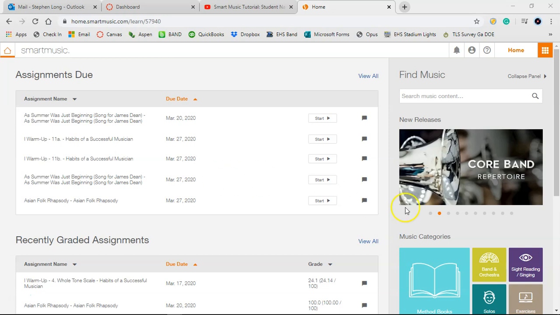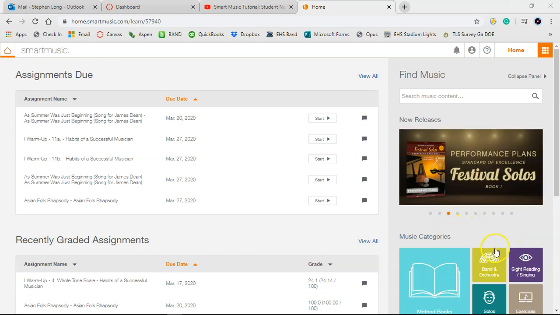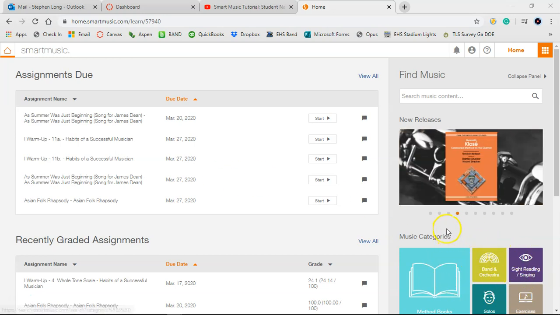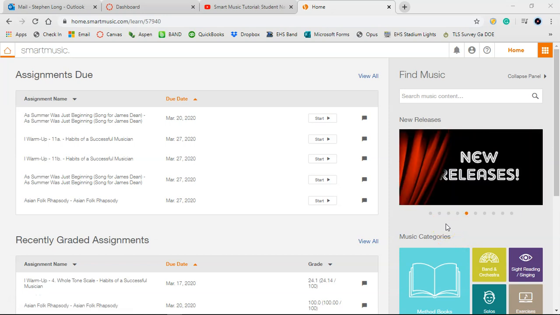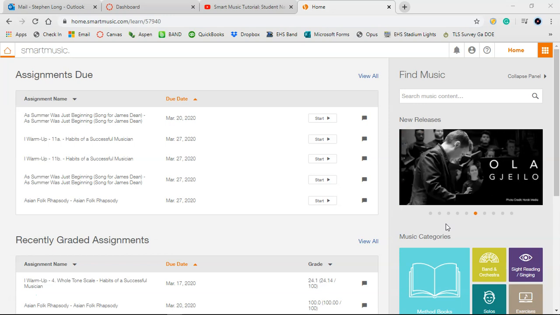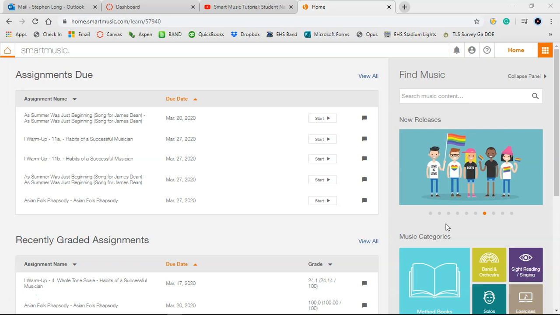The key is, if you're just doing some exploration, in order to get credit for it in the practice analytics, you need to make sure that you're practicing with the play button going. So you can adjust your tempos. You can start from wherever you want to. We'll talk about that here in just a second, but make sure that play button is running. Otherwise, it's not just going to